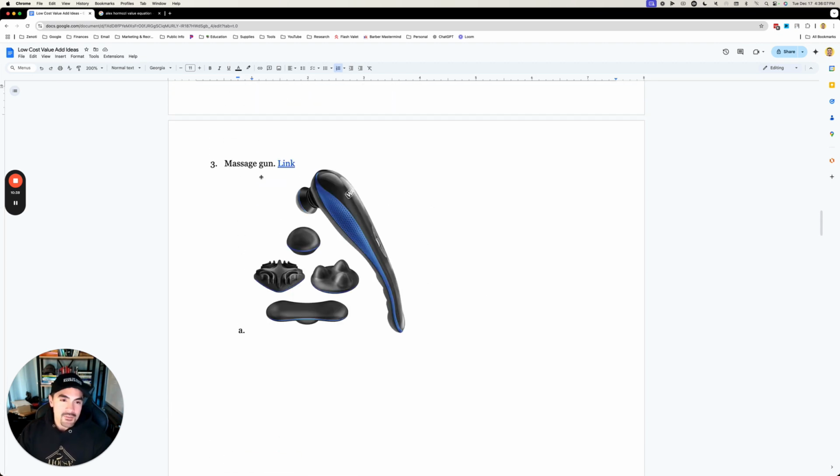So, a massage gun, right? This is technically on the line of providing an extra service, but it doesn't have to be a full in-depth massage. You can get one of these little cordless massage guns or whatever massage gun you want. And at the end of the service,